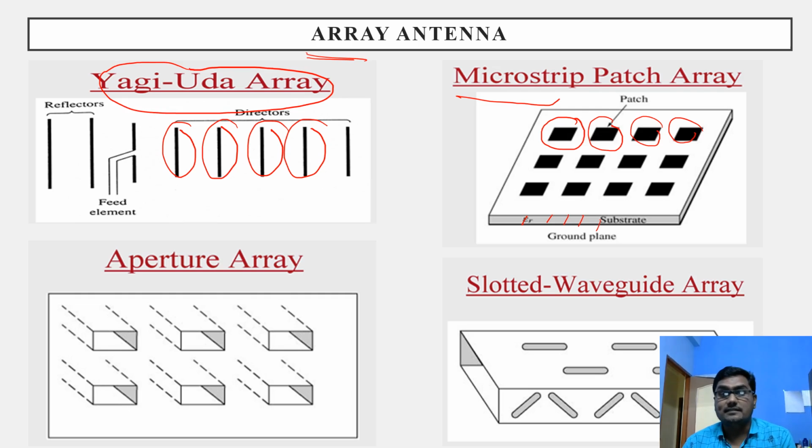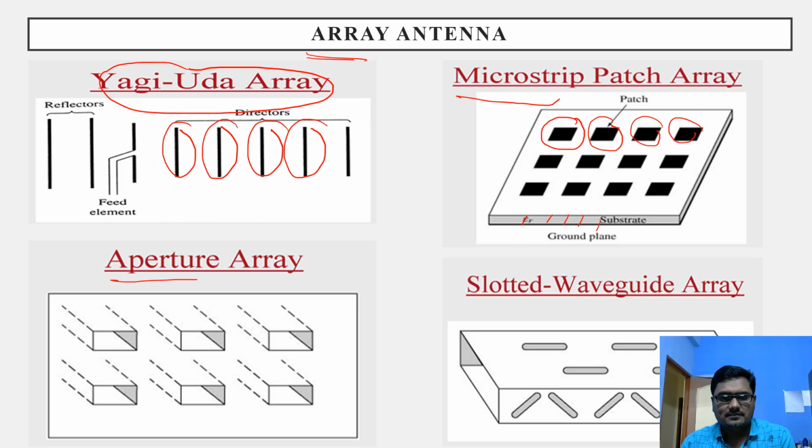But just to avoid the confusion, I am showing that Yagi-Uda array, because some people say the Yagi-Uda is not a kind of array because every element is not getting a separate feed. For those people, intentionally I am adding this Yagi-Uda array in the same slide where I am showing patch array. We'll focus on the Yagi-Uda array in subsequent chapters.